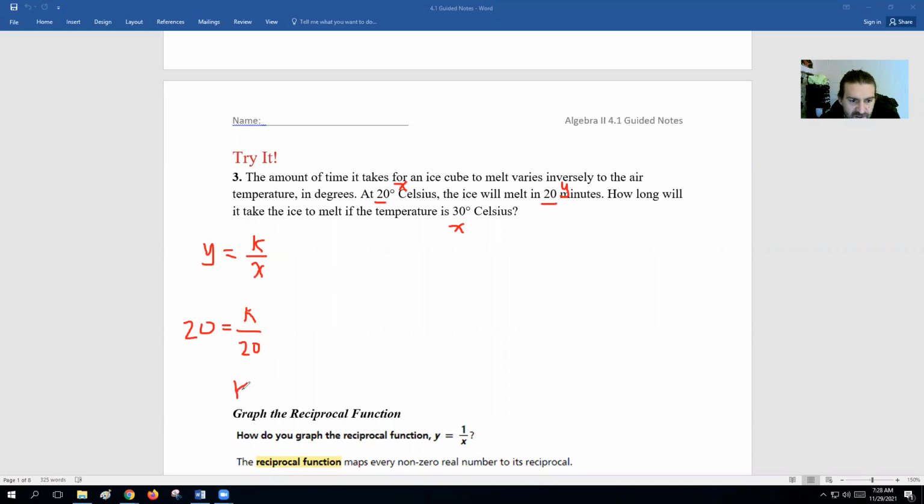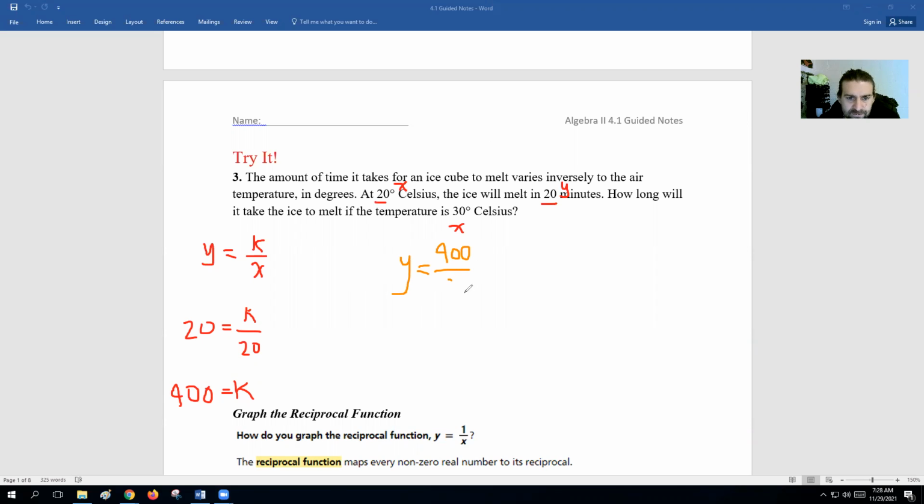And we can solve for k by cross multiplying here. We cross that over, 20 times 20 is 400. So our constant of variation, or our k value, is 400. All right, so then we're going to say, okay, y equals 400